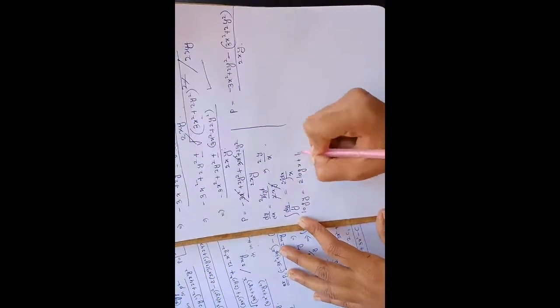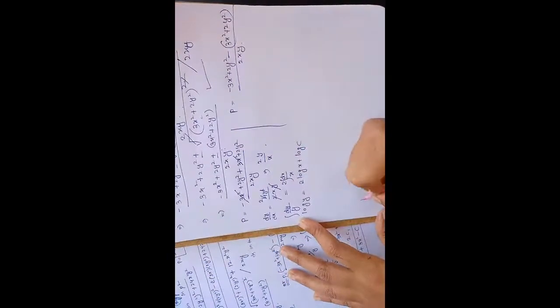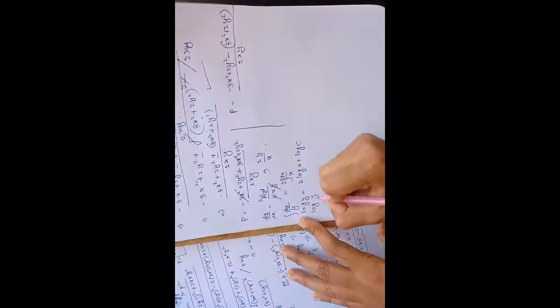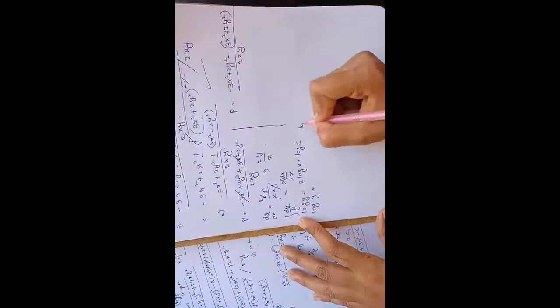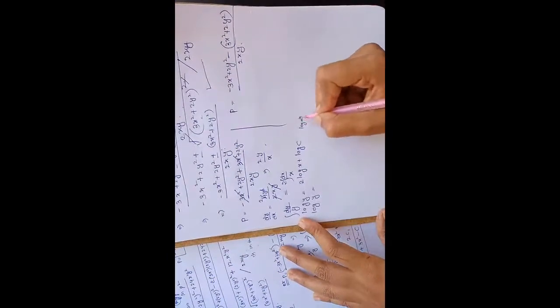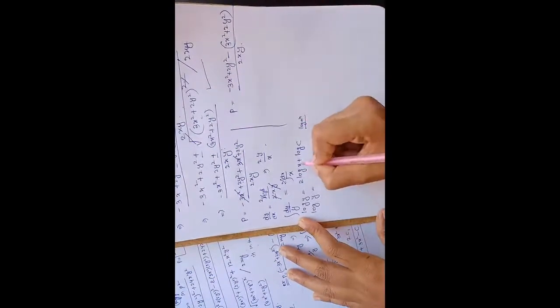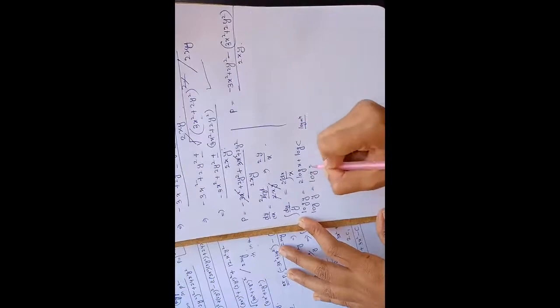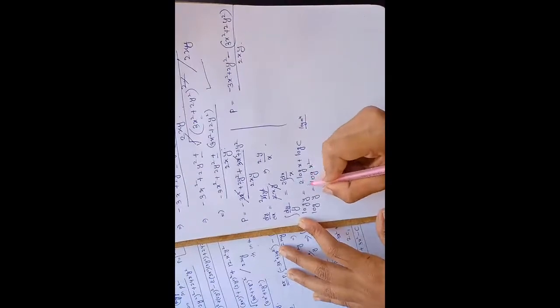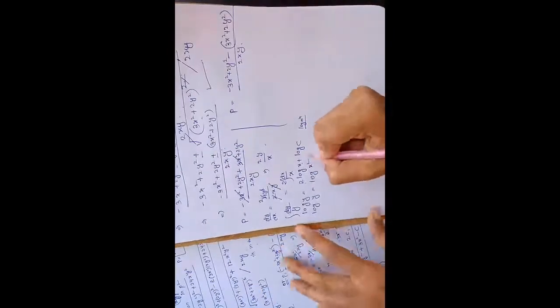Okay, so log y is equals to, use the log m power n formula. Okay, so log m power n is n log m. So 2 log x becomes log x square plus log c. So log y is equals to